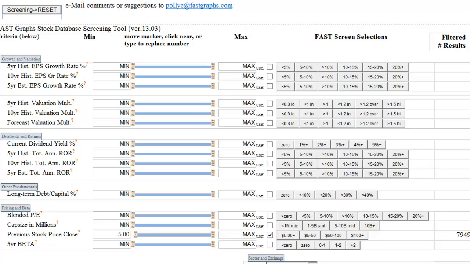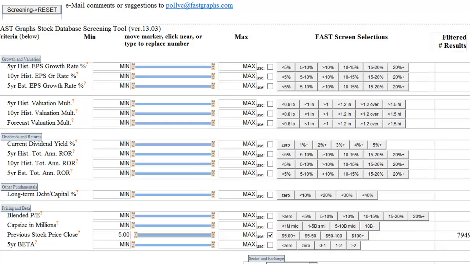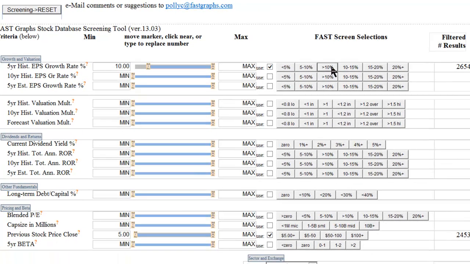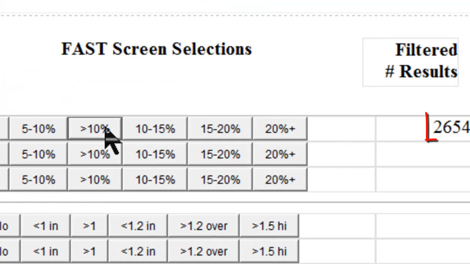Given that the average company tends to grow between 5 and 10% a year, I might want to look for companies that grew faster than that. For instance, I could select a 5-year historical EPS growth rate of over 10%. Once you click this button, you will notice that the screening tool will tell you how many filtered results fit this criterion. In this case, 2,654 companies in our database have grown EPS by 10% or greater over the last